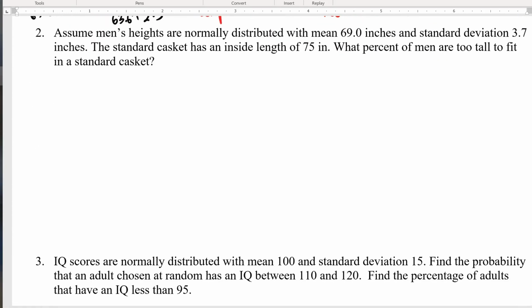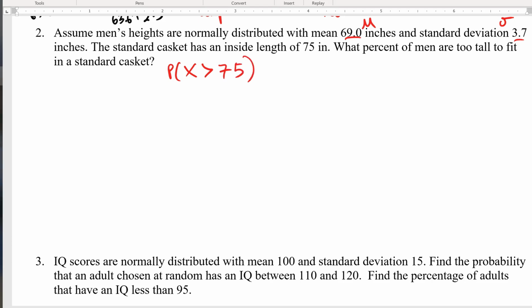Assuming men's heights are normally distributed with a mean of 69 and a standard deviation of 3.7. A standard casket has an inside length of 75. That's kind of uncomfortable. What percent of men are too tall to fit in a standard casket? Well, too tall means I want the probability of your height being greater than the height of the casket, which is